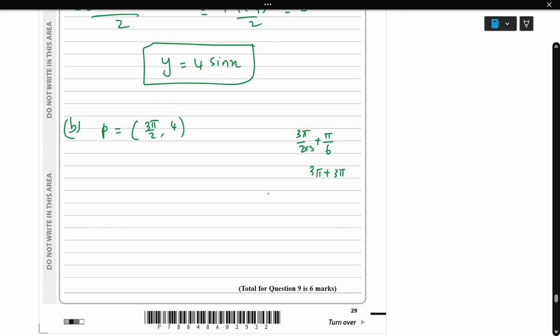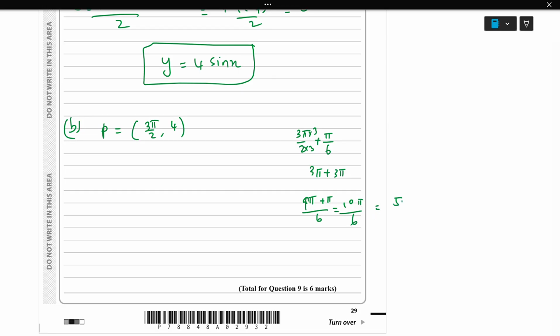So here is 3, 9. So 9 pi plus pi over 6, which is 10 pi over 6. Just simplify, which is 5 by 3 pi. So the new coordinate is going to be 5 by 3 pi comma 4. That's the first answer. Second one,